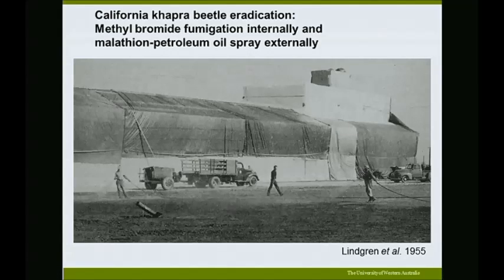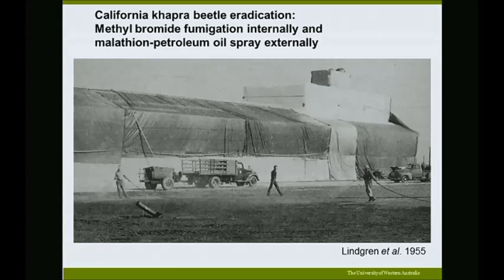But they also, and this was repeated across California, manufactured tarpaulins that could fit over grain stores so that they could get the concentrations of methyl bromide up high enough to go and kill these blasted beetles